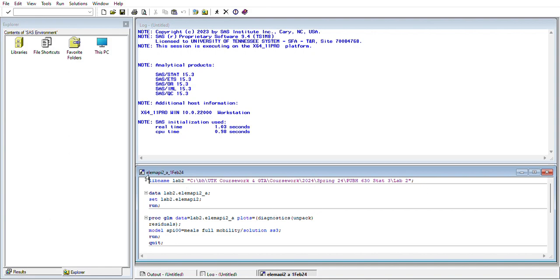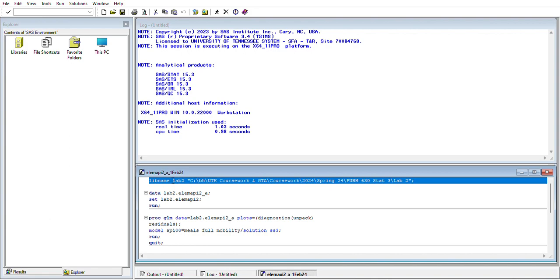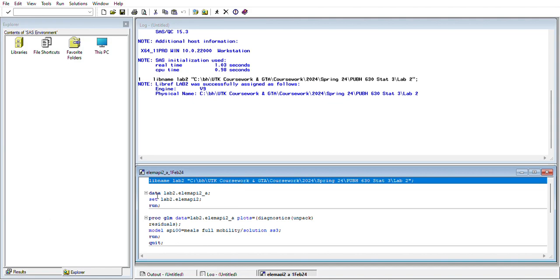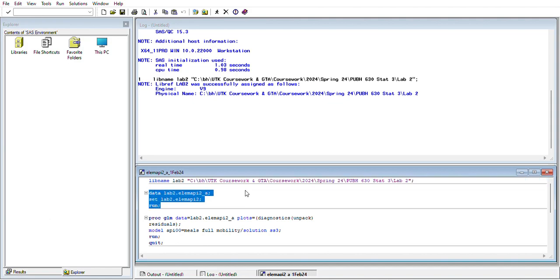So first I'll create a library name lab2 as lab2. In my computer I show the pathway here. This is the pathway by which my computer, or SAS, will see where my library is located. So hit the button, then go for the data. So which data am I trying to analyze? First you have to write down the data, then the library name. My library name is lab2, then dot, then my